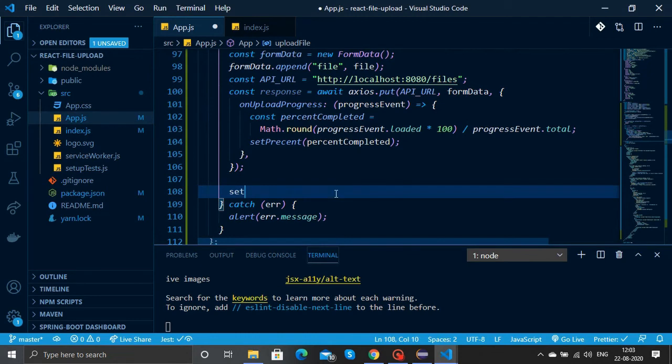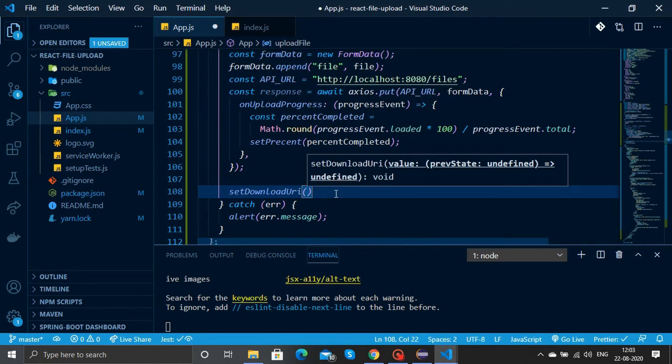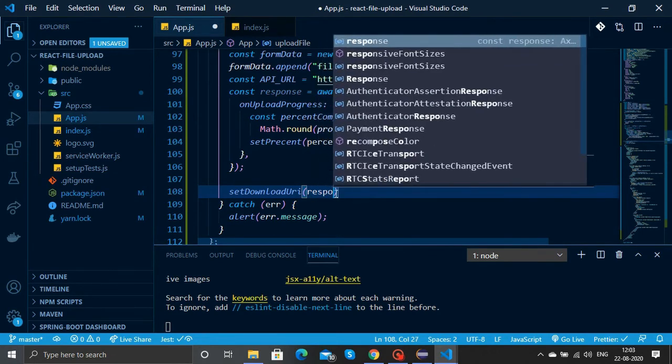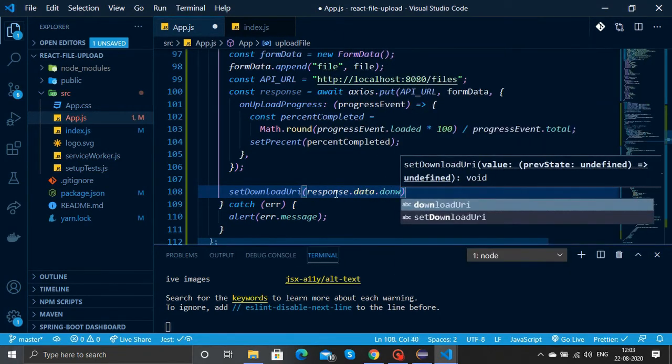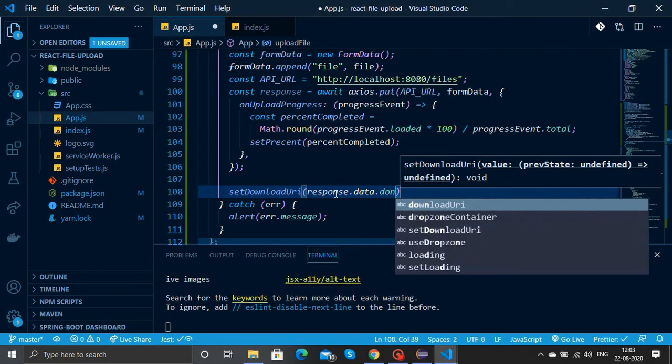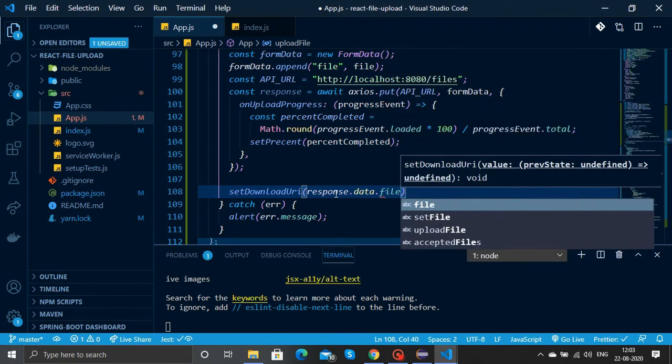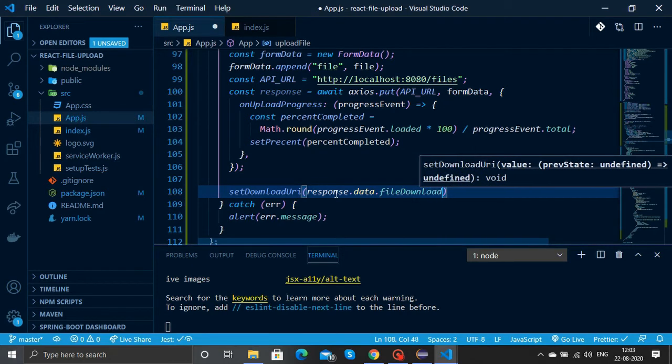Once we get the response after we await, we'll set the download URI, and from response.data we will take the fileDownloadURI field that we get from it.